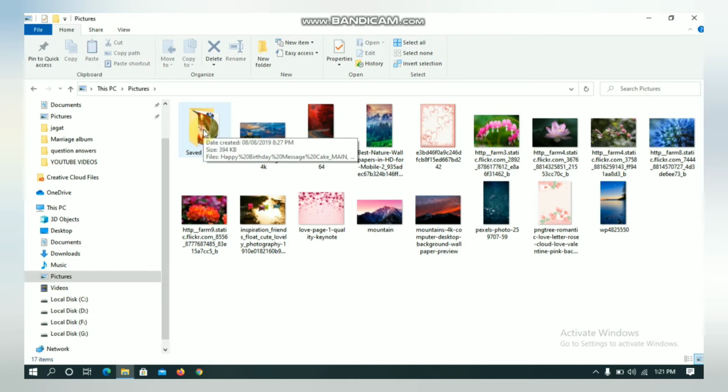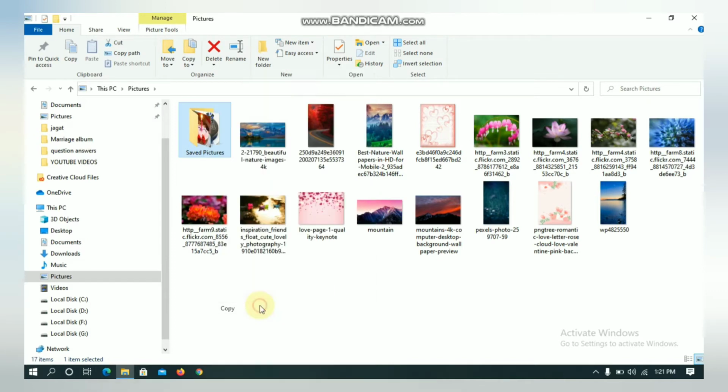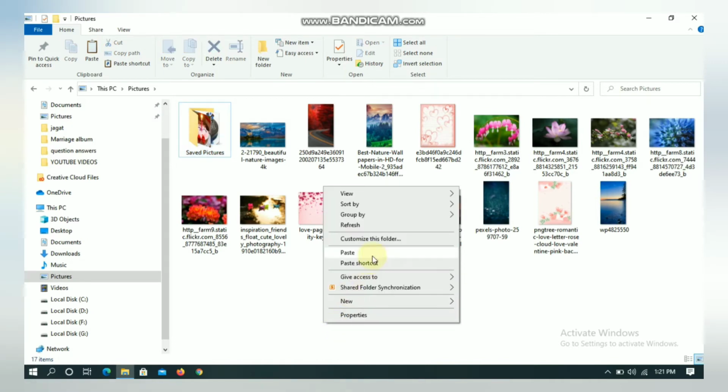Just right click on that folder and you can select from the options Copy, and you can paste it here or you can paste it in any other folder. Here I am pasting so that you can see both of these. Just again right click on the blank space and click on the paste option.